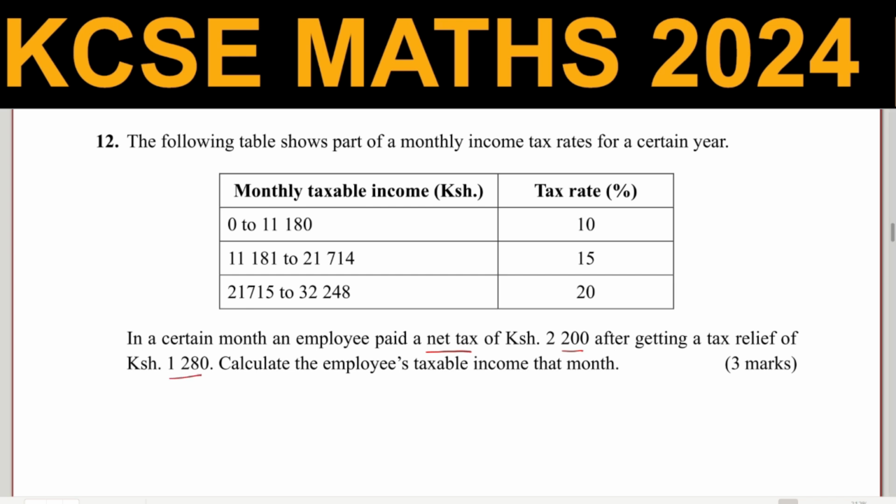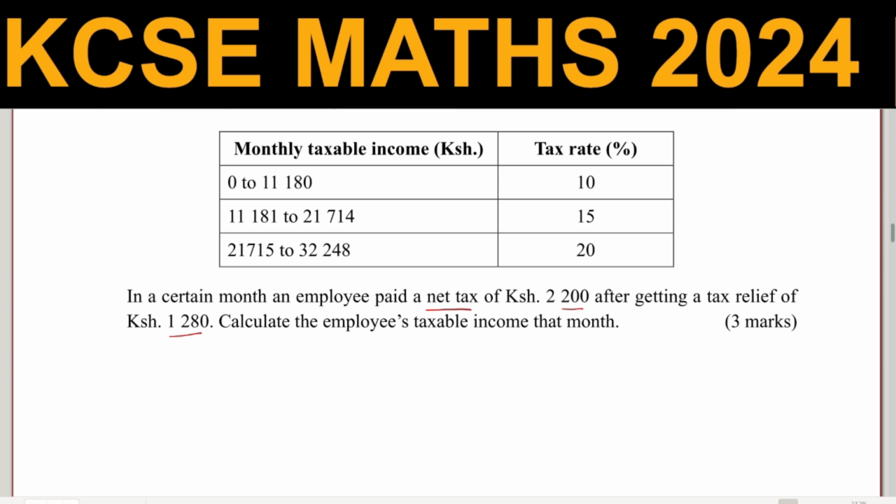1280 and you're required to get the employee's taxable income, we need first to get the gross tax. We need to get the gross tax, and you get the gross tax by simply taking the net tax